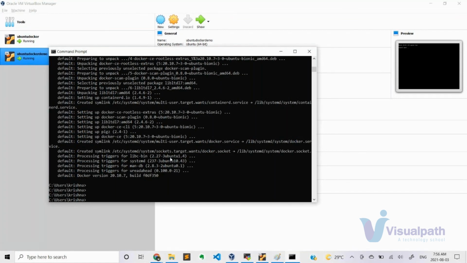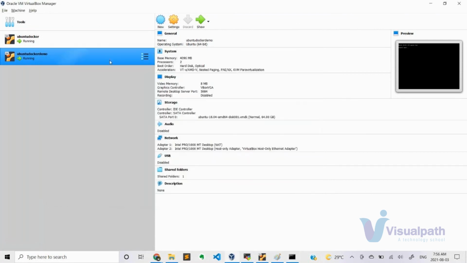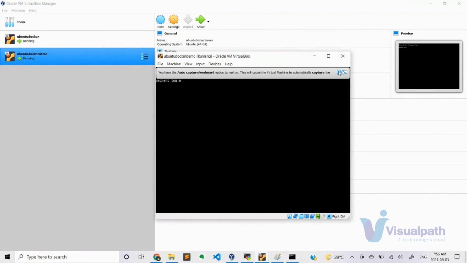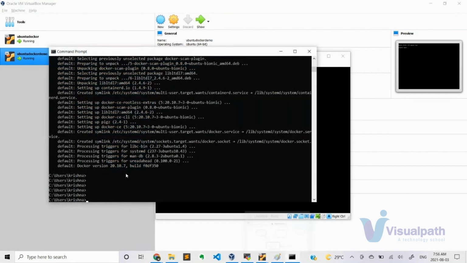So now the Vagrant job is done. You can see the Docker version it is showing, perfect, 20.10.7. So now if I go to this VM, can I log into this? Any guess? Can I log in? No, right? Why? Because I don't know the username and password. Then how has Vagrant communicated to this? Using a key, right? So if I want to communicate for the first time, if I want to log in and do some changes, Vagrant,